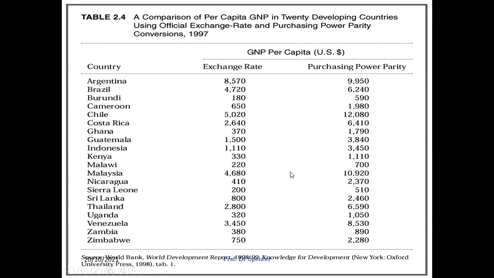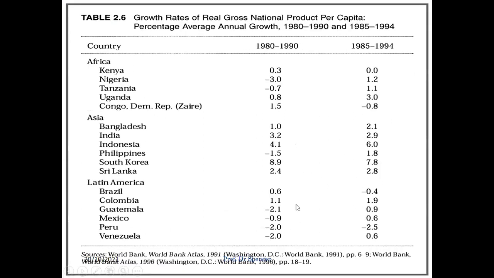Did I say 29? Sorry, about 9,000 US dollars per capita. Sorry. Another one also to show you. But this one is the growth rates of real gross national product per capita. Ya, pertumbuhan lah ya, dari gross national product per capita in terms of percentage of annual growth rate. Right. Jadi some countries have improved, some countries have not. Yeah, some actually have gone down. For example, Brazil. Yeah, between 1980 to 1994.